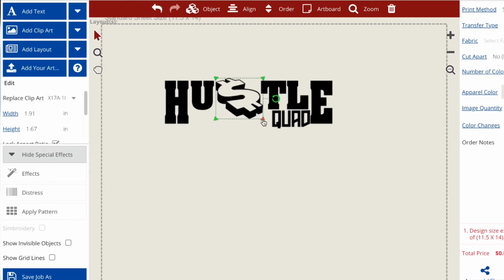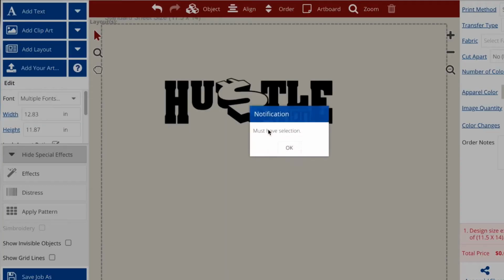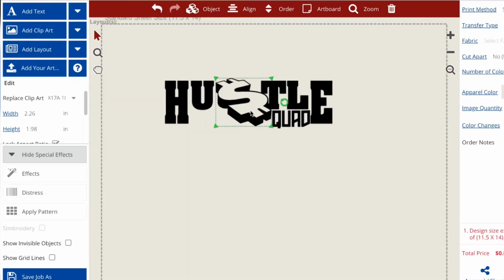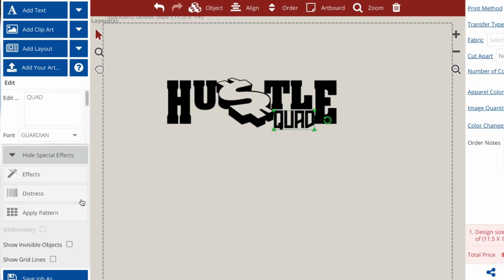I want to take up as much space as possible between that U and T, so it looks like they go together, right? It's a design, it all has to flow. So just trying to take up as much space as possible between the U and T in Hustle. So once we get the $sign here sized up,